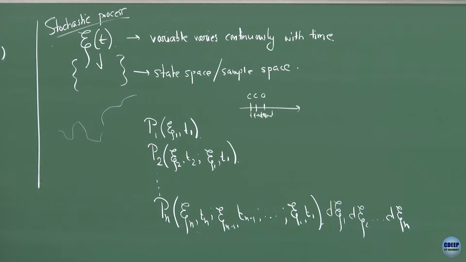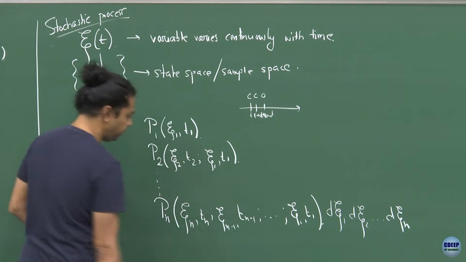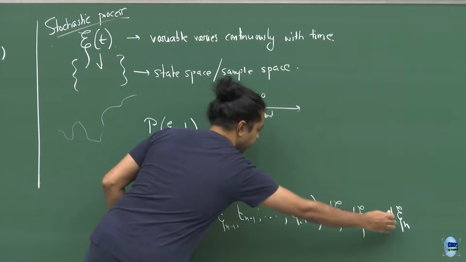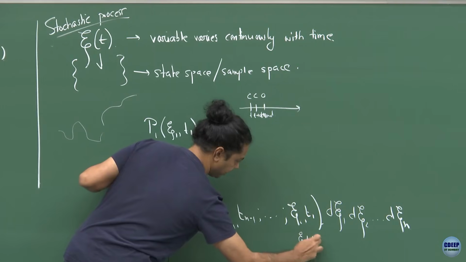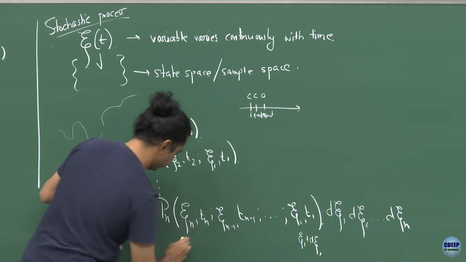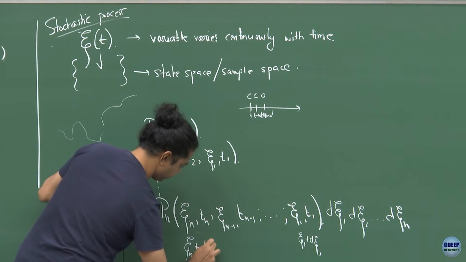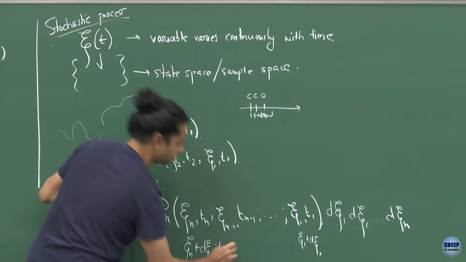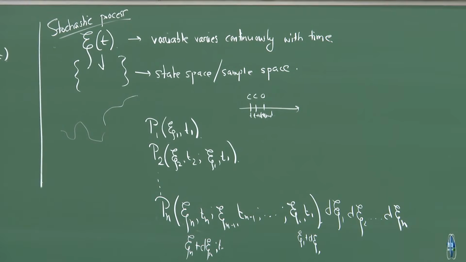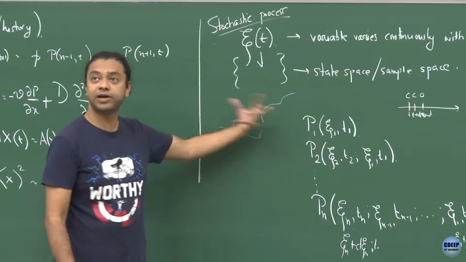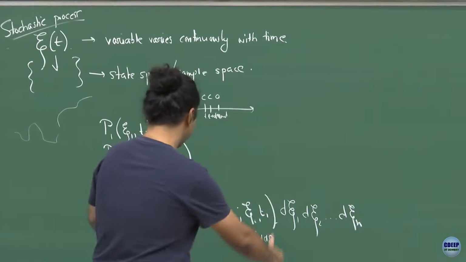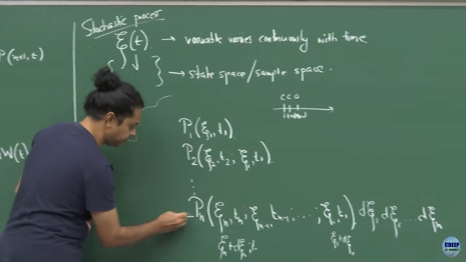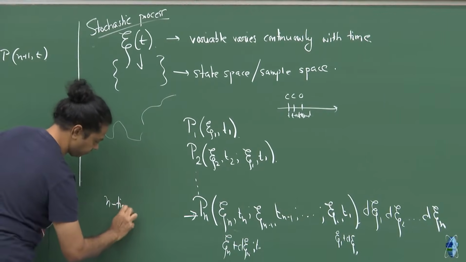If it is a continuous process, then the way to think about it is that this was the probability density, and this is the probability for it to have been in the neighborhood of xi 1 at time T1 and so on, in the neighborhood of xi n plus d xi n at time Tn. Okay. Just in the normal way that we interpret joint probability distributions. So, I would have to know all of these probability densities in order to calculate statistical averages of whatever physical quantity that I want. So, now I have this n time joint probability distribution, right. So, this Pn is an n time joint